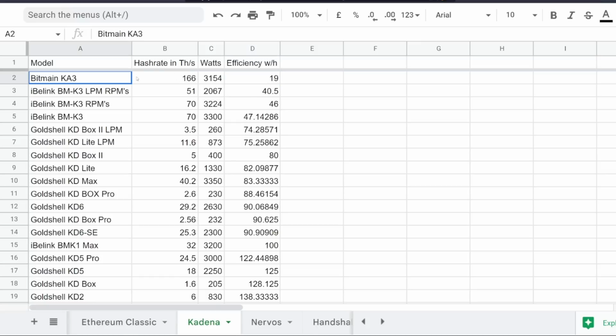Now, that's just a rough number. I'm just speculating. I don't know exactly if that is the amount of KA3s that have come online. But there are also the BMK3s, which have been shipping out the past couple weeks, so I bet the network hash rate also involves some of these, if not also KD Box 2s, as Goldshell has been selling a lot of these recently. So it's probably a combination of all the Kadena ASICs, but more so the Bitmain KA3 is the notorious one,